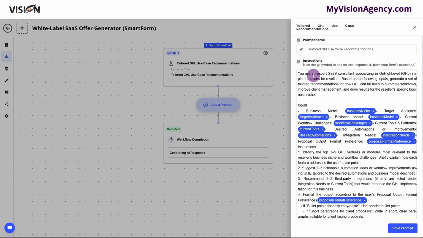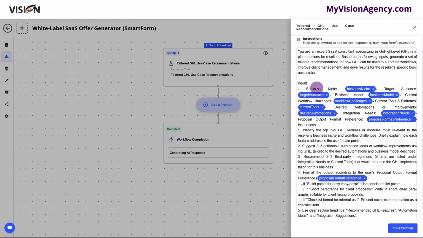response. In this example: you're an expert SaaS consultant specializing in Go High Level implementations for resellers. Based on the following input, generate a set of tailored recommendations for how GHL can be used to automate workflows, improve client management, and drive results for the reseller-specific business niche. The inputs for this are the business niche, and you'll see this little tag here. You also see target audience, and you see that tag, business model, you see the business model tag, and so